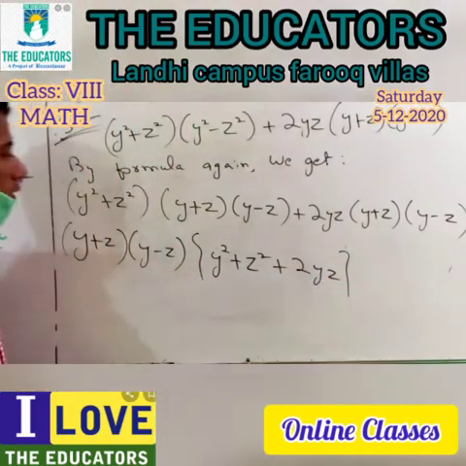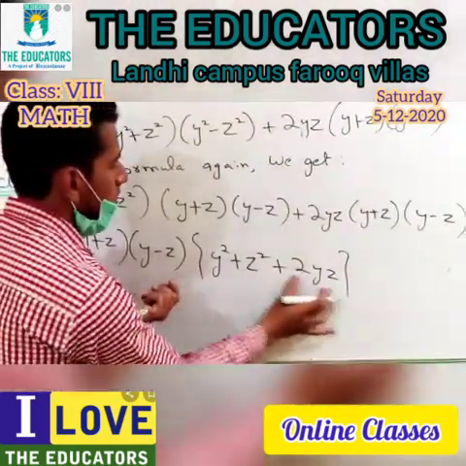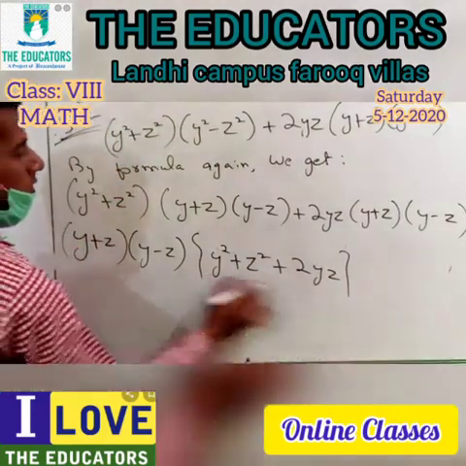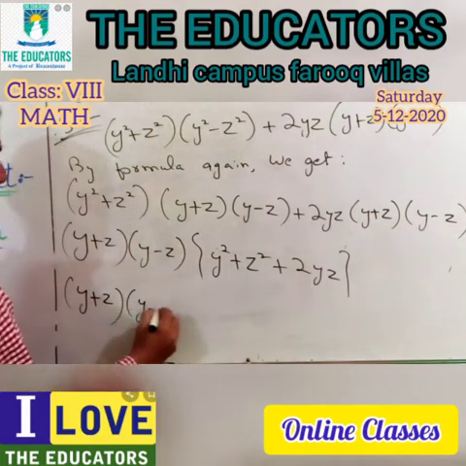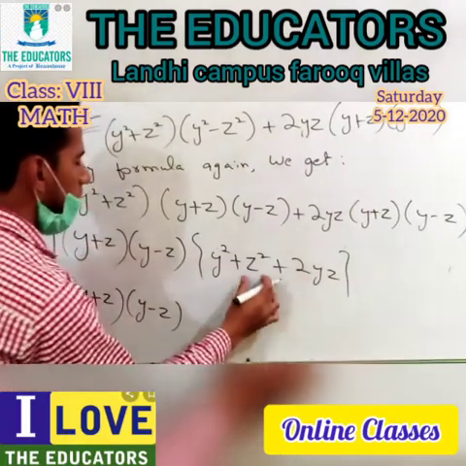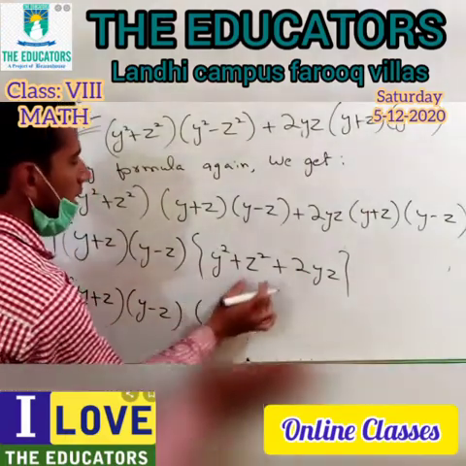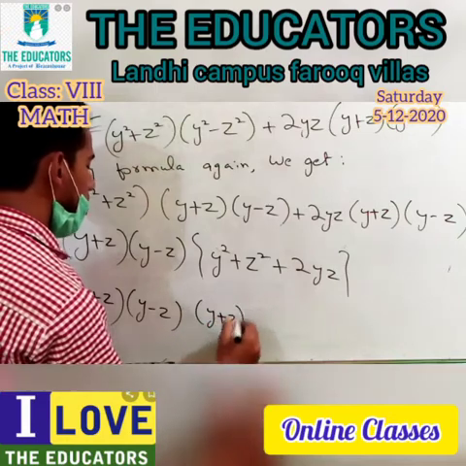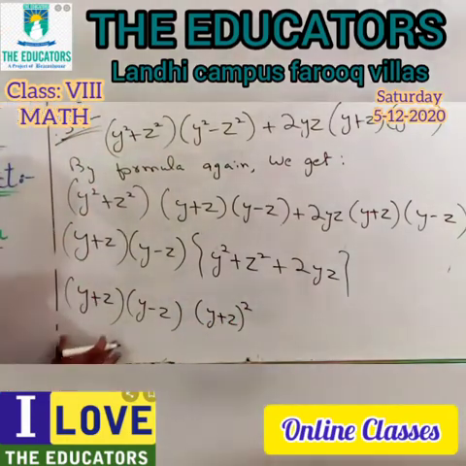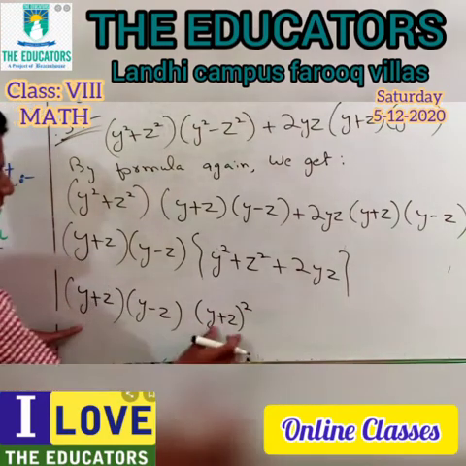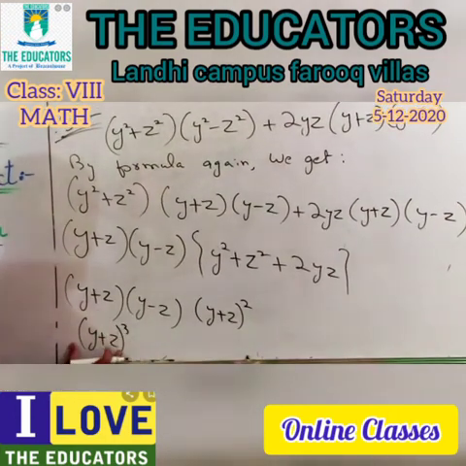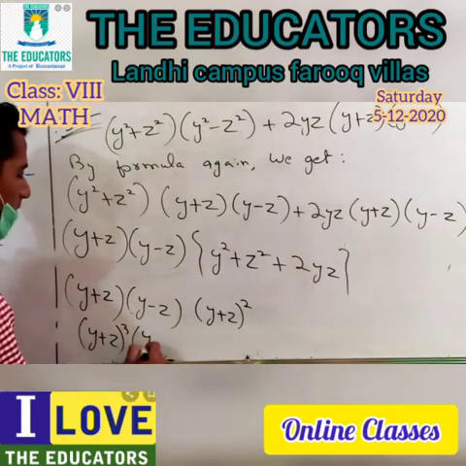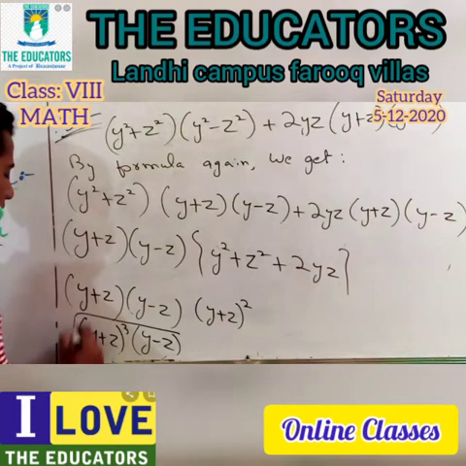Now you are familiar with this thing, a square plus 2ab plus b square. So I may use the formula: a square plus 2ab plus b square equals a plus b to the whole square. Here a is y and b is z, so it will be y plus z to the whole square. Now here is y plus z to the whole square, and here is y plus z to the power 1. If you multiply, the powers add up, and we are left with y plus z to the whole cube, and this y minus z will come as it is. So this is our answer.